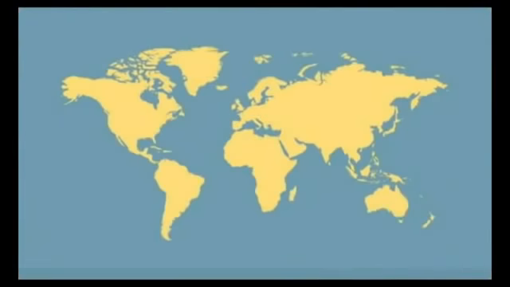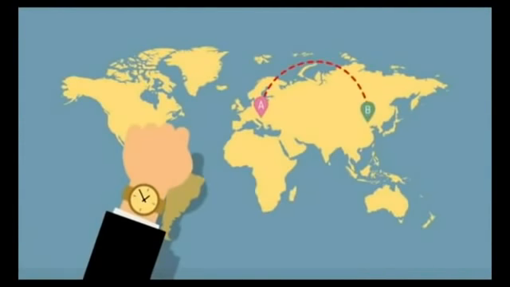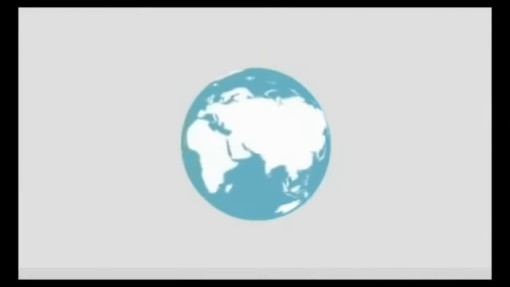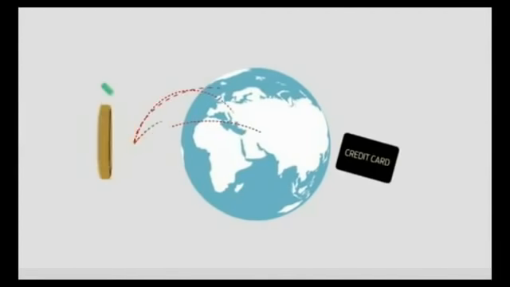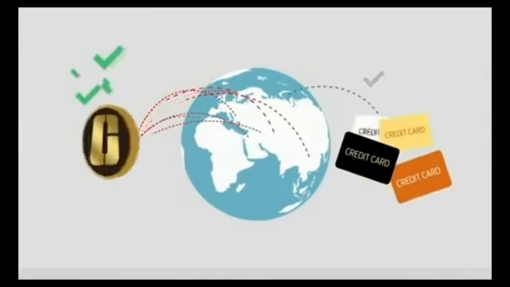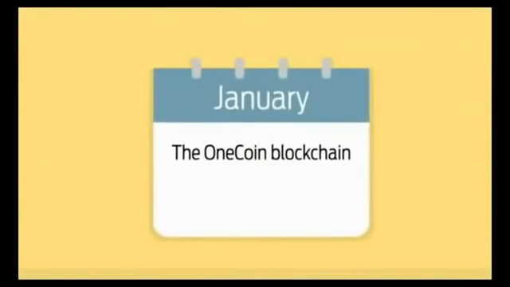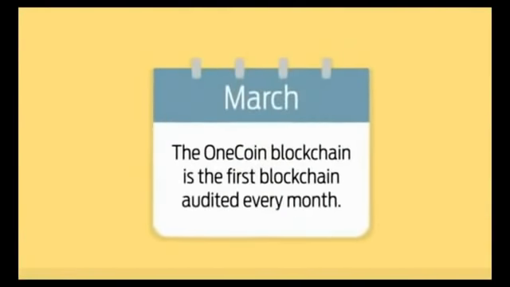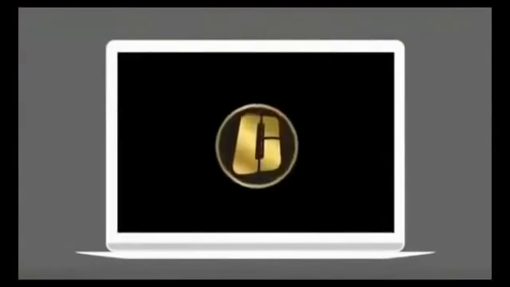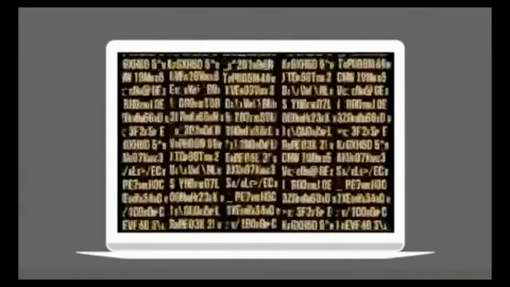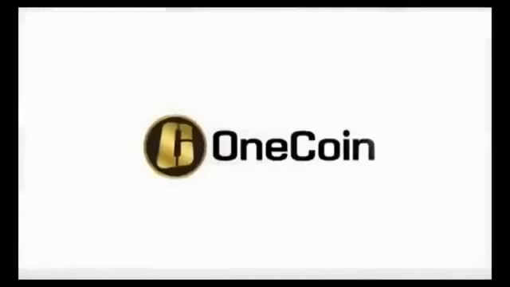Fast. 1 minute per block. This is how long it takes OneCoin to make a transaction. Future-proof. Tailored for future-proof mass transactions. The OneCoin blockchain can perform more transactions than any global credit card provider. The OneCoin blockchain is the first blockchain audited every month. So far, each blockchain audit report clearly shows that the blockchain of OneCoin is consistent, meaning that there are no coins mined outside the blockchain and that there are no alterations to it. OneCoin transfers your money in a minute. OneCoin, join the financial revolution.